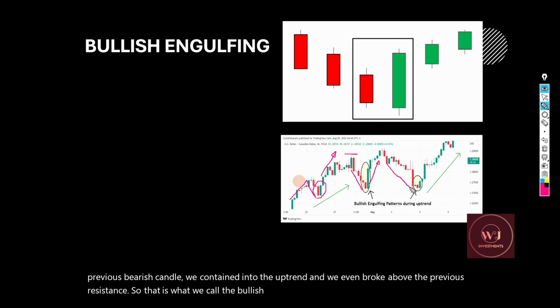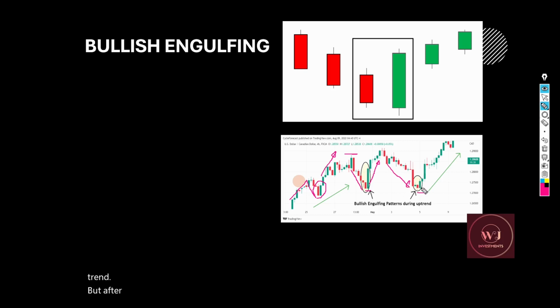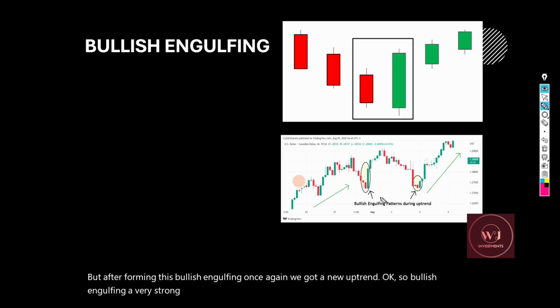Still, when you look at the chart, once again, we got a big retracement, or actually it looked like even a reversal from the uptrend. But after forming this bullish engulfing, once again, we got a new uptrend. Okay, so bullish engulfings are very strong indicators of market reversal from the bearishness of the market into the bullishness of the market. Okay,